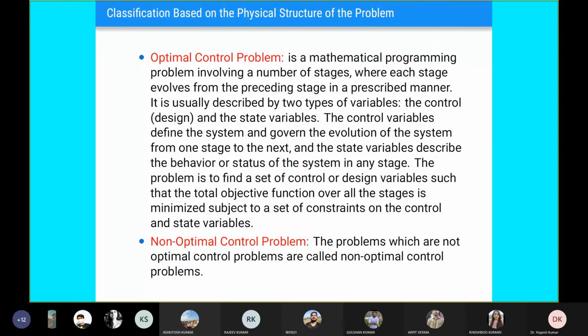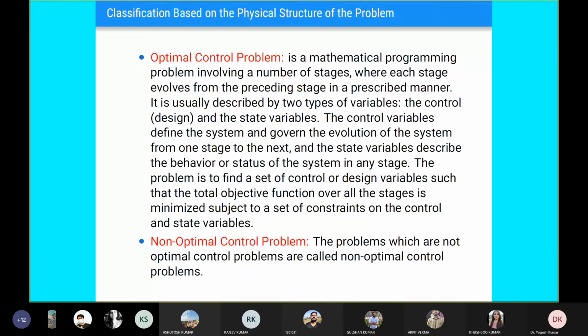These are again of two types: optimal control problem and non-optimal control problem. In an optimal control problem, it is a mathematical programming problem involving a number of stages, where each stage evolves from the preceding stage in a prescribed manner. So what does it mean? That there are stages in a problem, and each stage is dependent on the preceding stage, that is the previous stage,